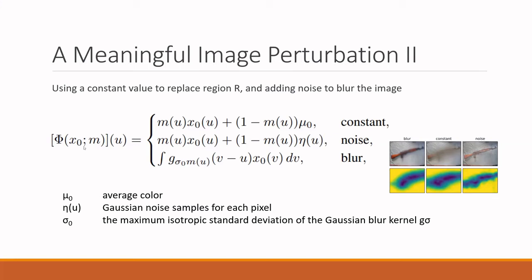To sum up, given an image x0, the purpose is to delete some area from the image and observe the change to explain the black box. What we need to do is find the area with the largest amount of information, then delete it. So which part should be deleted and which part should be preserved?